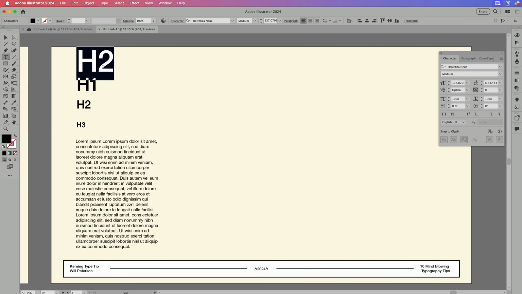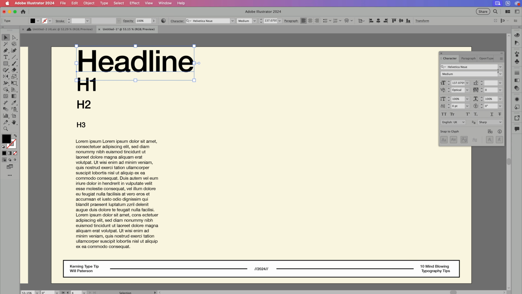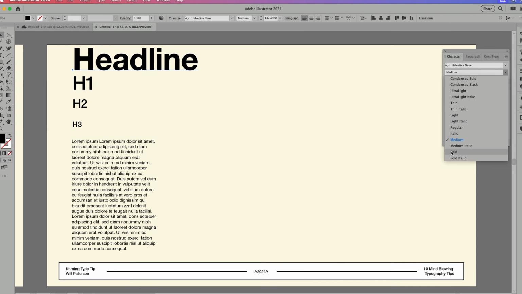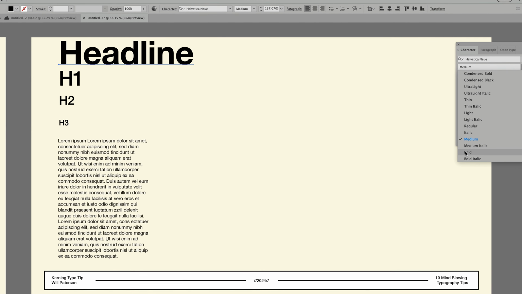Boom. We'll call this headline. And we're going to change this to bold. So just there, we've created a really nice and harmonious type system based on readability and legibility, and it didn't